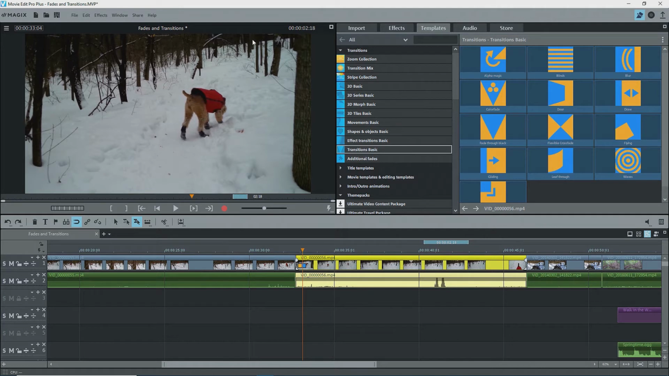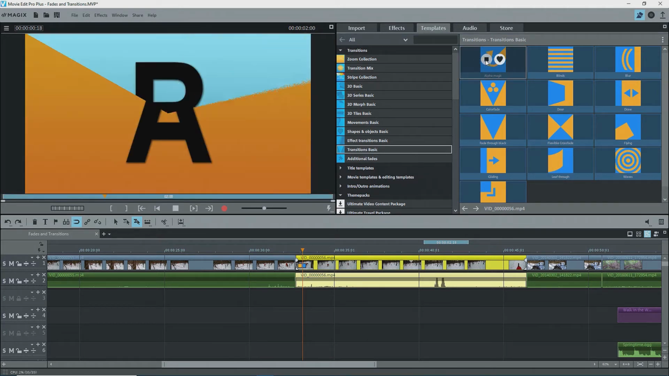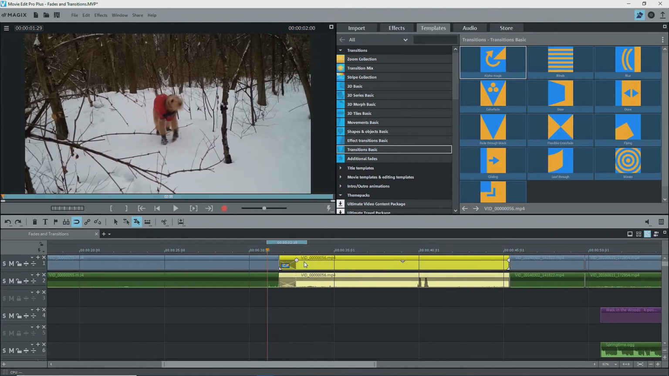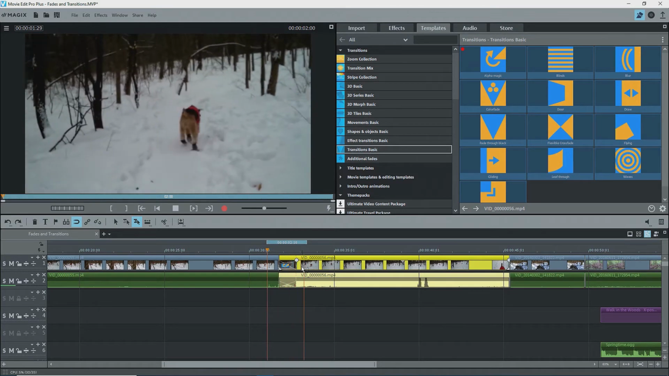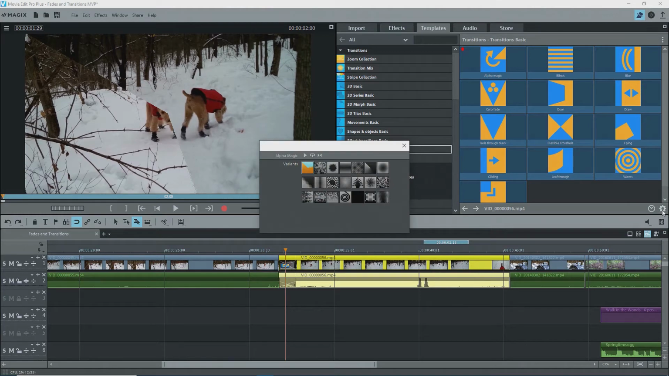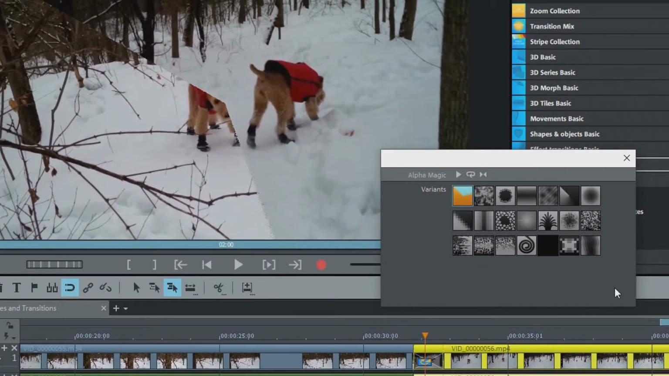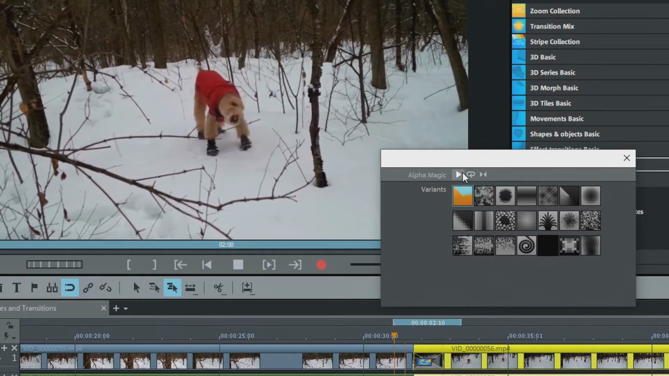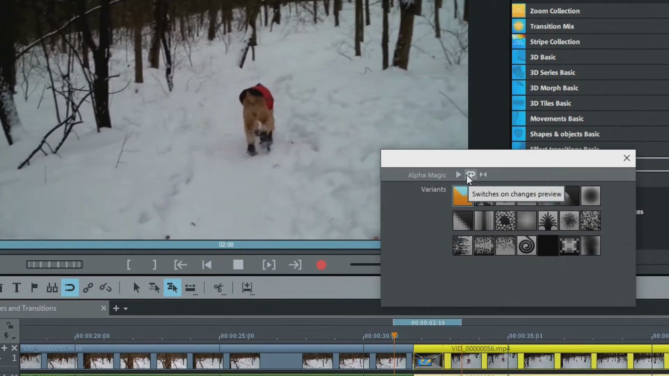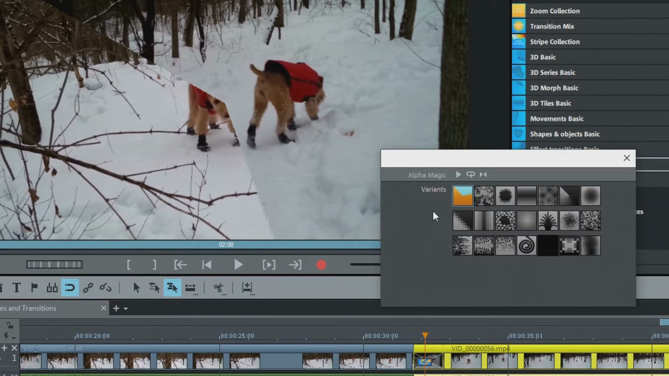Let's try the first template, Alpha Magic. The preview shows what looks like a clock-minute hand transition. Great to illustrate that the second clip is something that came later on. I'll apply this and it plays back. Open the settings and we have a completely different interface called Alpha Magic. At the top are the same playback buttons that we saw before, but below are 21 icons representing different types